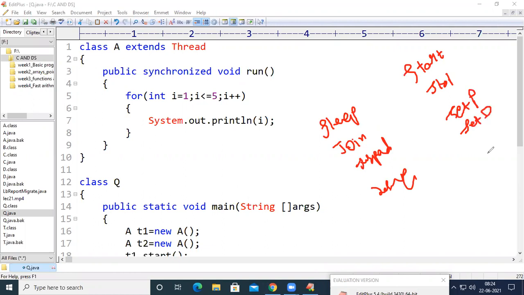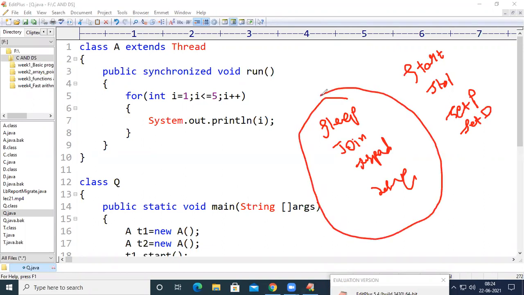These are all the methods we have covered in threads so far. Sleep suspends a thread depending upon time, join suspends a thread depending upon a condition, and suspend suspends a thread unconditionally. Resume will bring back the thread from waiting state to ready state.